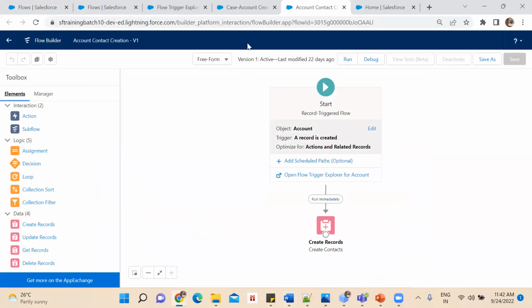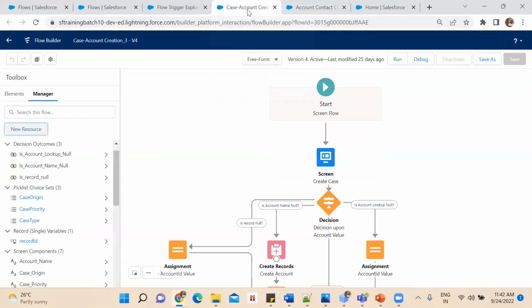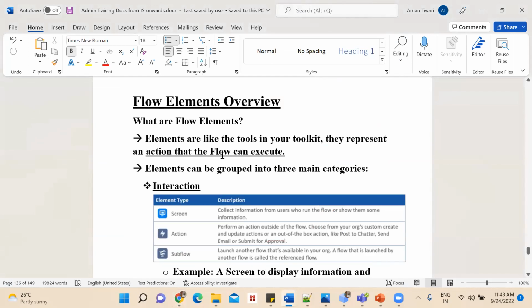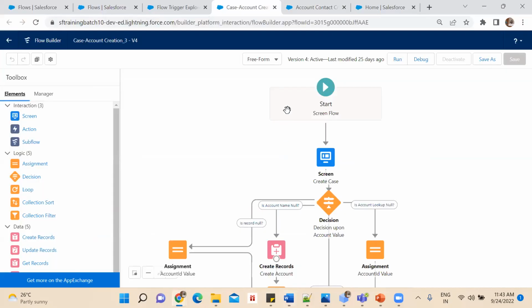So if you want to know what my screen flow or a record trigger flow can execute, you can understand or guess it through the elements that are available. As I told you, it's a tool that helps you to represent an action that the flow can execute.